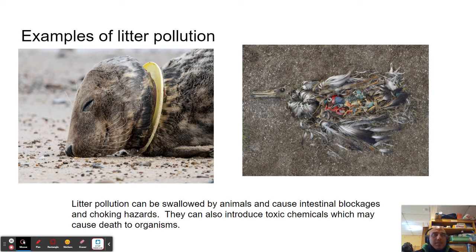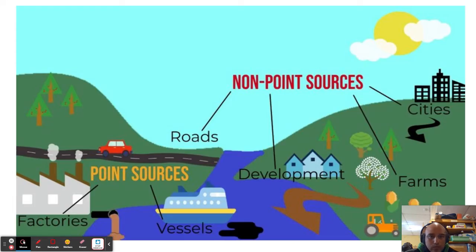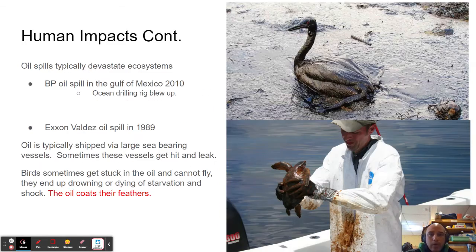I know six packs are sometimes held together by a plastic wrapping, and if that goes into the water, it's a perfect hole for birds, and they could also get caught in their necks. So, yes, this is an example. Litter pollution is an example of one of the objectives in our CED. Let's continue. So I'm going to skip forward back to where we were,